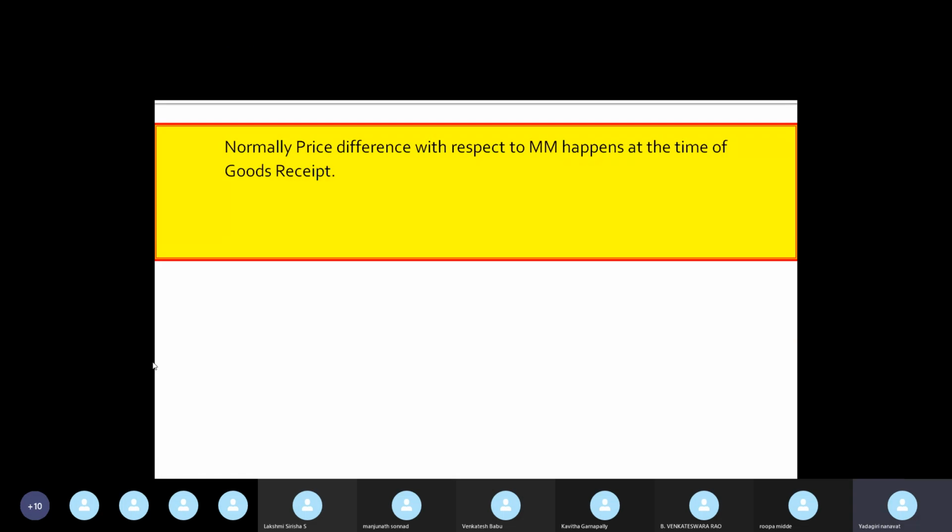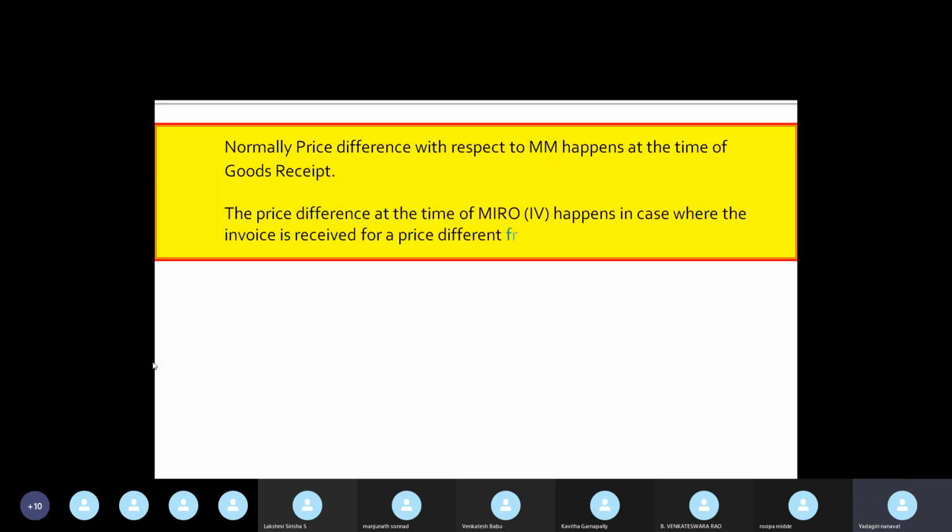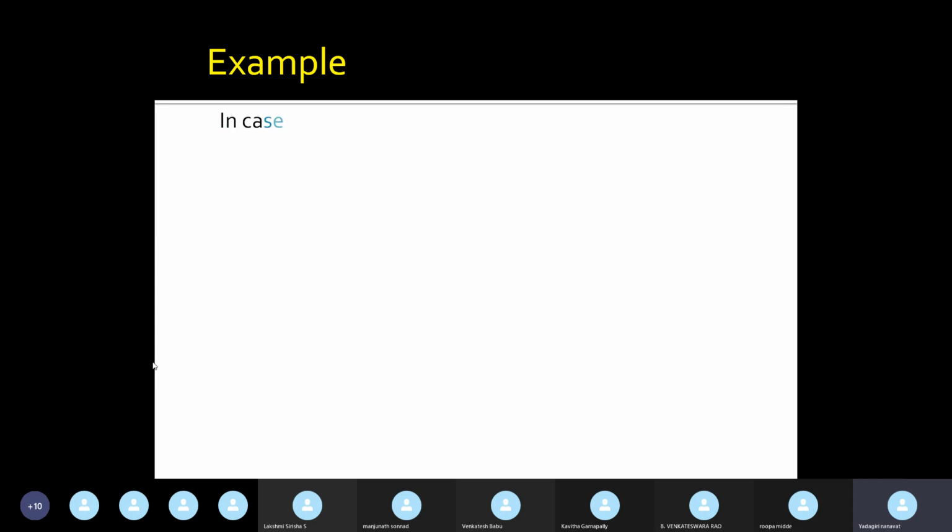Normally, price difference happens at the time of goods receipt. The price difference at the time of MIRO happens in the case where the invoice is received with a price difference from the PO. Example,